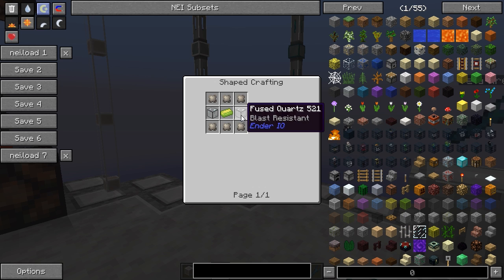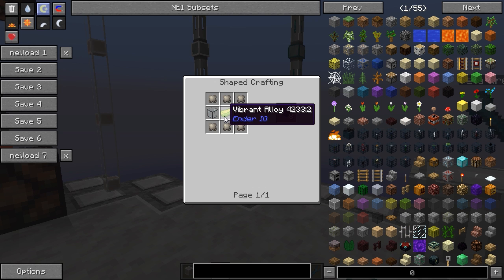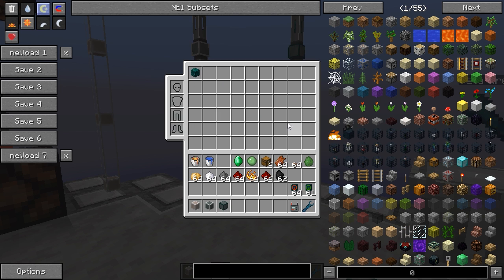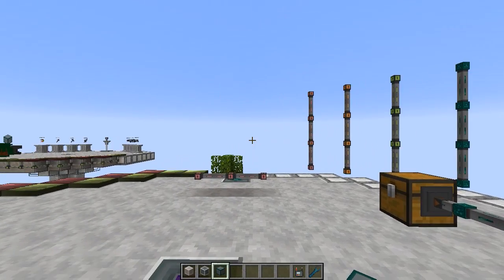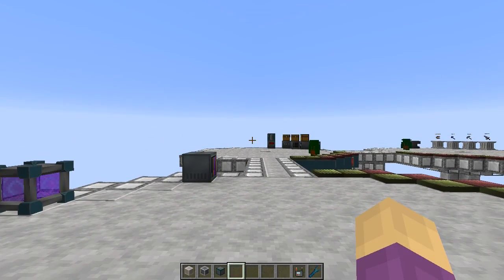Anyway, this stuff is a little bit more hefty. It is some fused quartz, one vibrant alloy, and some conduit binder yet again for Ender fluid conduit, which I think is cool. And you get 8 at a go. That's pretty good. You're getting 8 per recipe, and you can actually configure that. Almost anything else in this mod, you can reconfigure in the actual configuration files. Ender IO is so adjustable, and so...